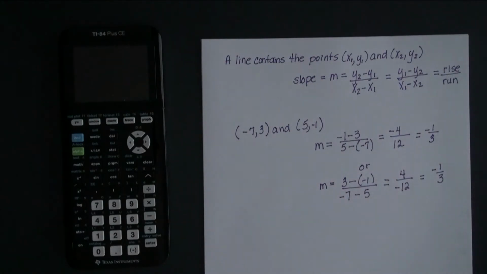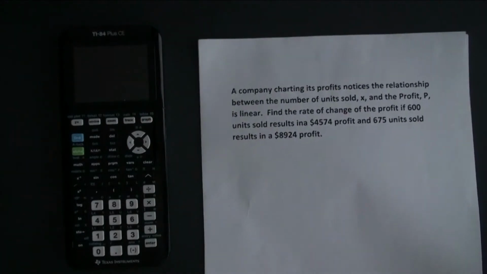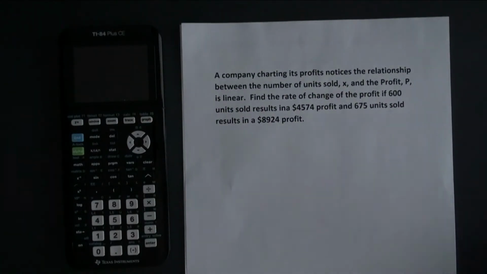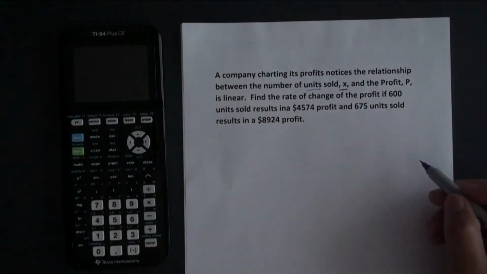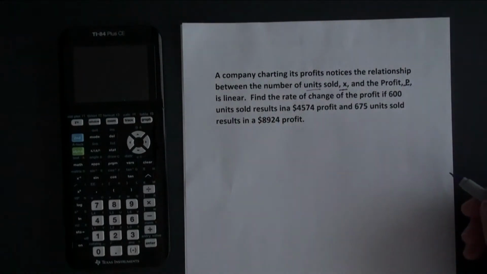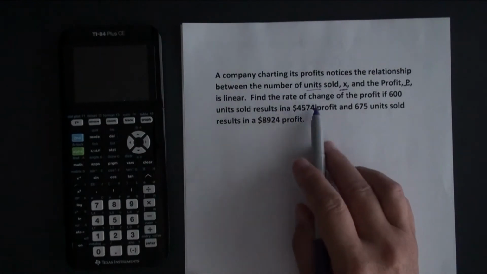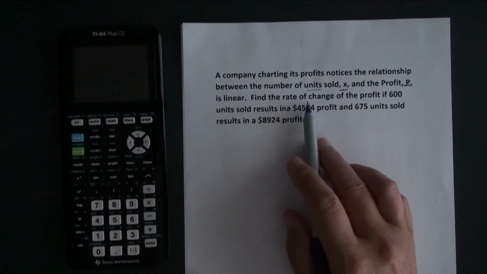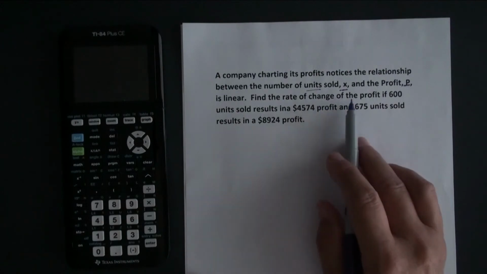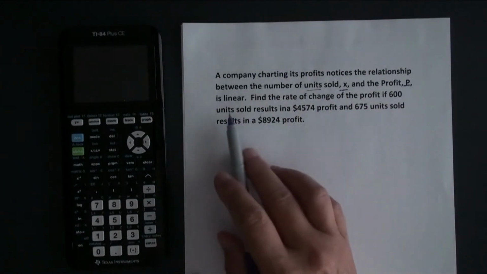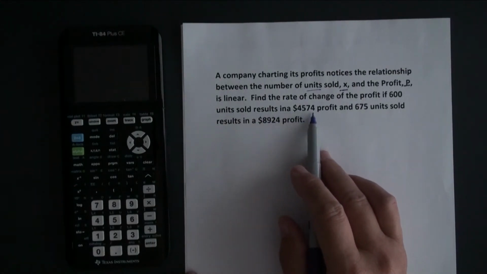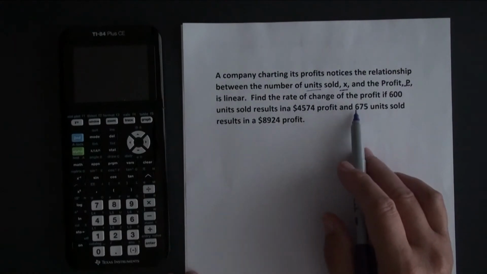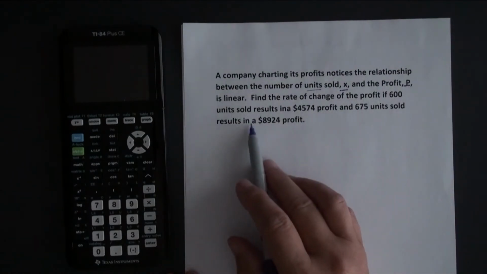Okay, so let's take an application problem. This says a company charting its profits notices the relationship between the number of units sold, X, and the profit, P, is linear. So we want to find the rate of change. What does that mean? Rate of change means slope of the profit. If 600 units sold results in a $4,574 profit, and 675 units sold results in an